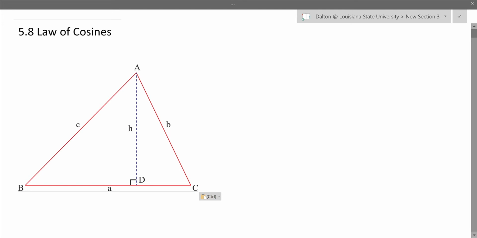So, we've talked a lot about the law of sines and how it allows us, when we have two angles and a side of a triangle, to create a unique triangle so that we can solve for different sides and angle measures. But if you also recall from geometry, there was another theorem,